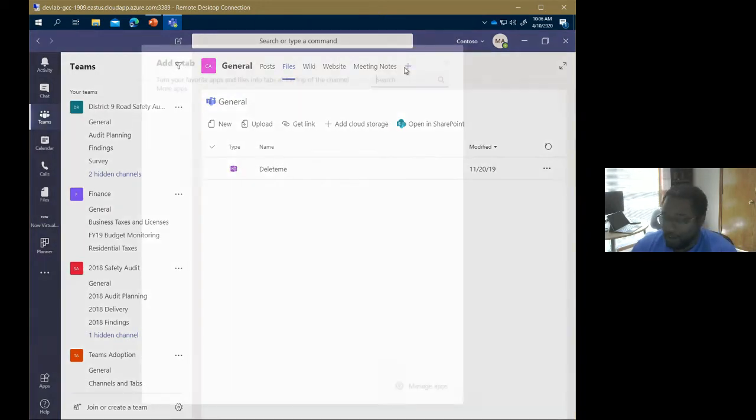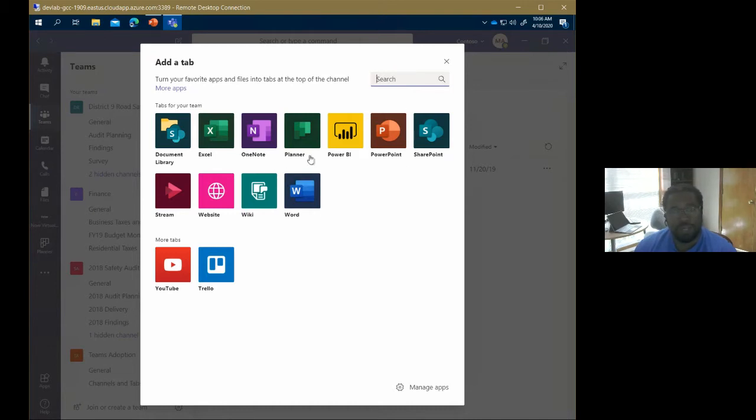And tabs are a place where we can really pin key assets. And you can see here, this is a government tenant that my demo environment is using. So this is what you have from the government perspective, and you may or may not have some third-party apps which were just recently introduced to the government cloud, down here. So depending on how many apps get implemented for you, this third-party list could get long, but it could be nothing or it could be small. But these are the ones that will definitely be there for the government cloud, and even a few more if you are in a commercial cloud.